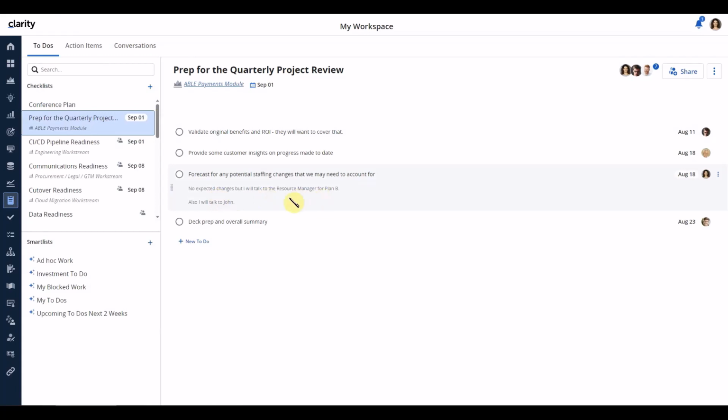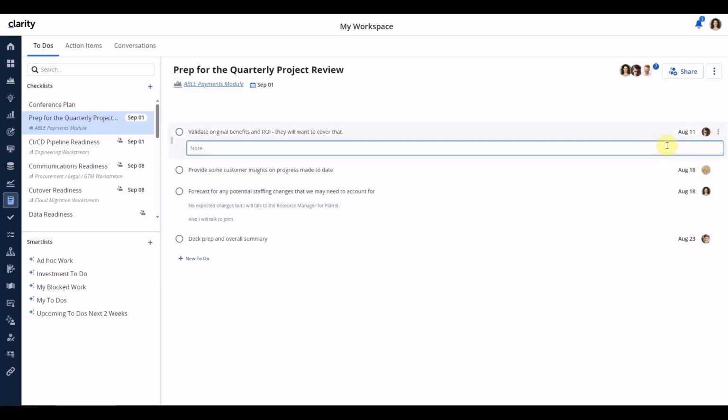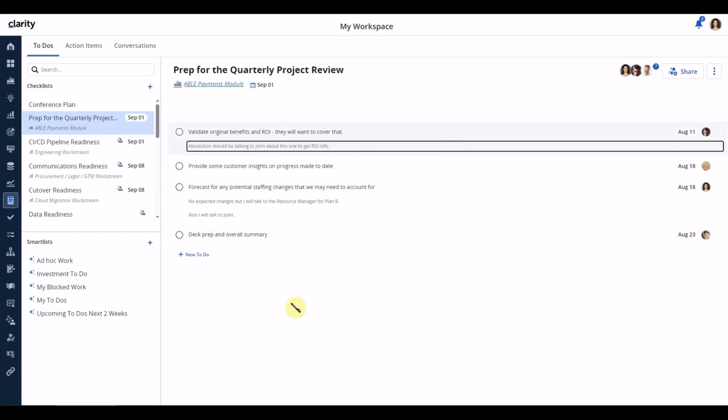That is available, and the same thing, I can edit it over here by using the 3-dot menu and using the edit note, or I can just click on it and edit it. I can even add another note for another to-do. That information is populated for Ian to review when he looks at his to-do.